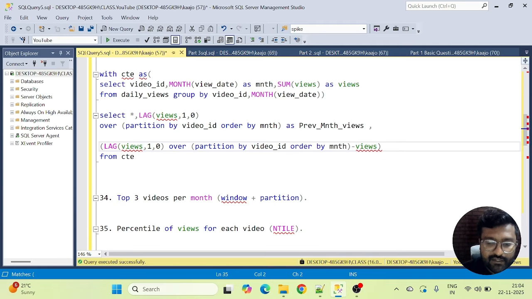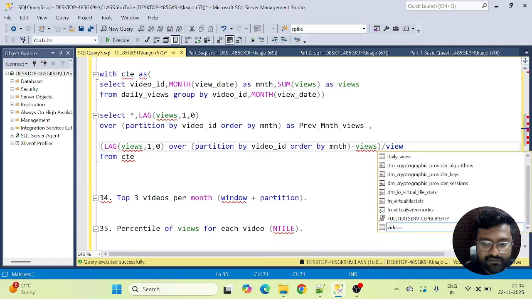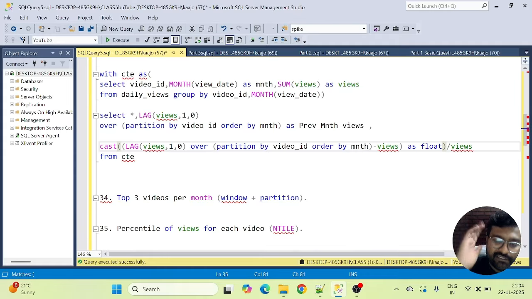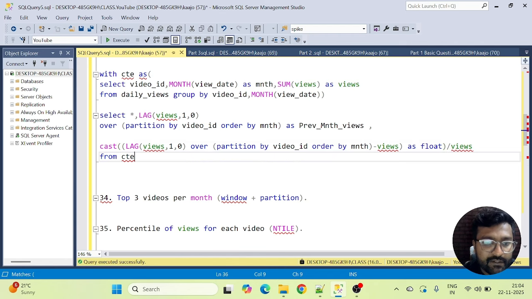Take a bracket here, and division by views. And also just take the cast as float here, so that we do not get integer division. Otherwise we will get every value as 0, because SQL by default will do integer division.